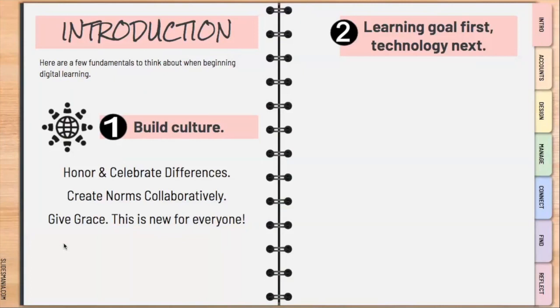It's also important to create norms collaboratively. When you think about creating norms, think ahead about the disruptions that may take place in your classroom and how to resolve them, but write them down in more kid friendly language. Build routines that are consistent in your classroom and set expectations for learning. It might even be important to sign a digital pledge, especially because you're spending quite a bit of time online. Don't forget that this is new for everyone, so give grace. Nothing will be perfect, and that includes for you and for your students.